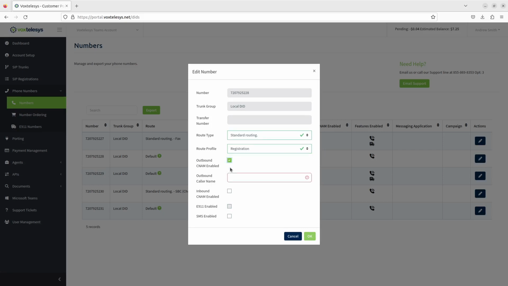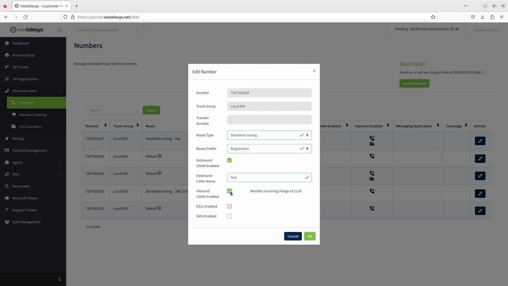Enable Outbound CNAM. Outbound CNAM is the calling name you want to show up when making outbound calls. Note that this name updates the CNAM database, and carriers that support incoming calling name will dip into the CNAM database to pull the outbound name you set. Sometimes carriers cache or do not dip every call, so it can take up to 48 hours to work properly. Type an outbound caller name.